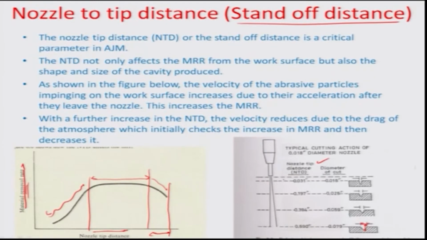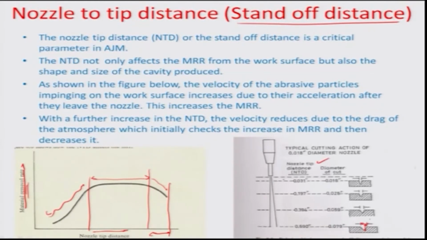Initially, at the very beginning of the process, when the nozzle is closer by, the aspect ratio probably is higher, and the depth attained by the brittle fracture process is much larger in comparison to the width. But slowly the width increases and the depth reduces. So it comes to almost unit aspect ratio when we talk about increasing the nozzle tip distance from the workpiece